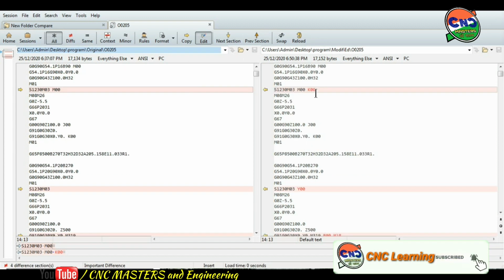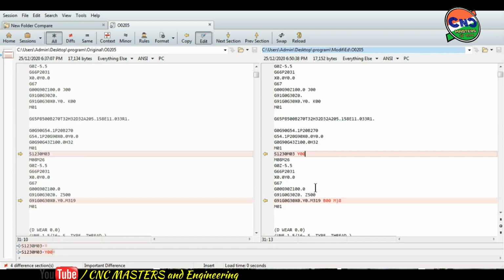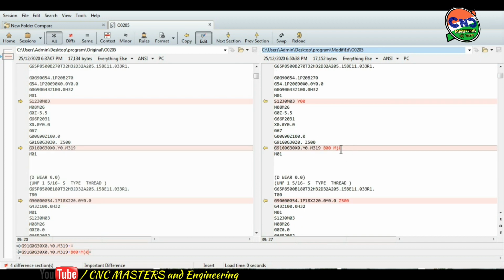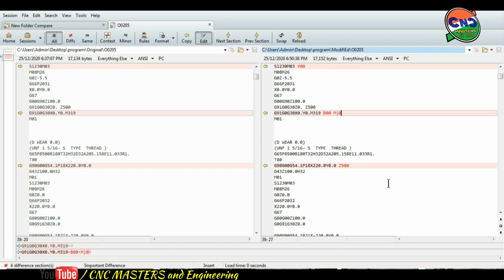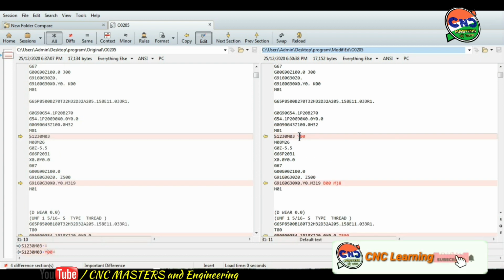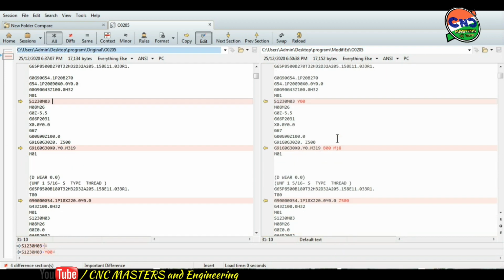So k00 is added here additionally. Then y00 is added here, and here it is not. Then m0 something I wrote wrongly. These are not real codes, just for comparison. Then z500. So these red marks, alphabets and numericals, are the difference between the two programs. You can easily find out what I edited inside the program.